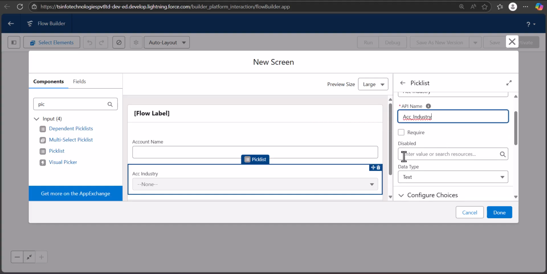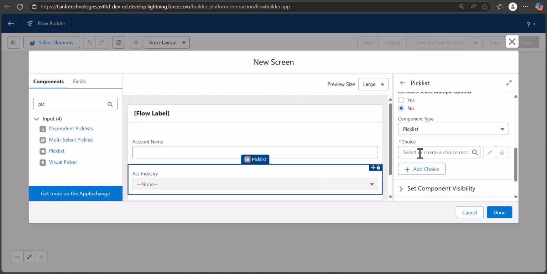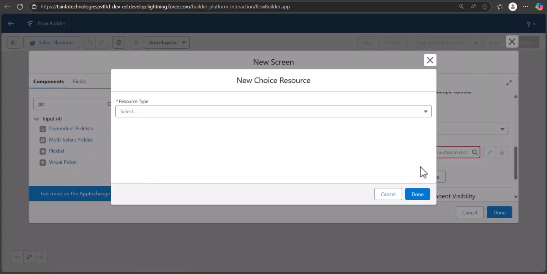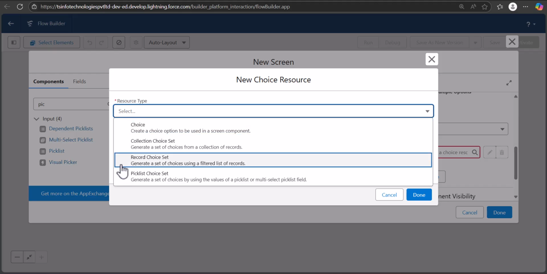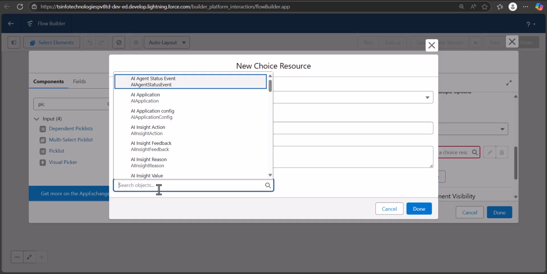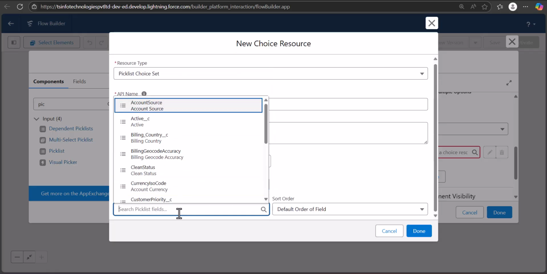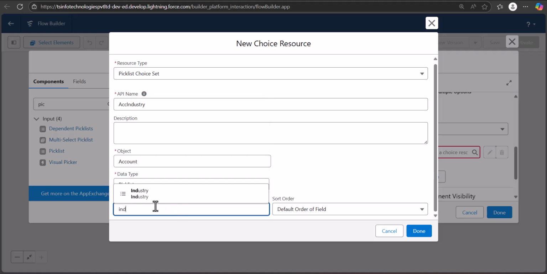So for the pick list field we need to create a choice resource. For that go to the field choice and here select new choice resource. So the resource type will be pick list choice set, and the API name will be account industry, and here object will be account, and data type will be pick list, and field will be industry, that is account industry. And here click on the done button,